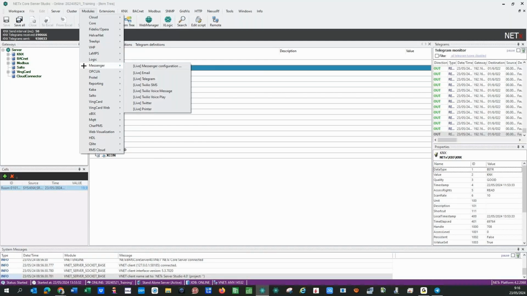Okay, so you can see we have a lot of folders, a lot of tables, options for configuring email sending, Telegram sending, but also SMS, voice message, voice calls placed to a specific telephone number. This is a specific company called Twilio, and this Twilio service is a paid service, but it's possible to send SMS, or to call a specific telephone with a voice message. For maintenance